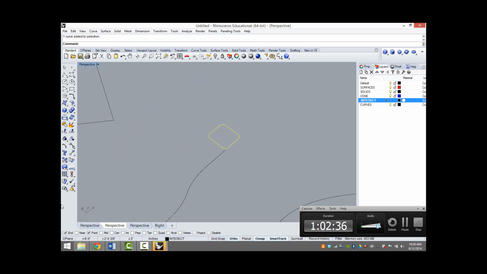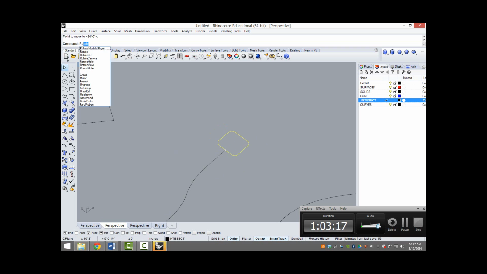It might be that you have different snaps selected than I do. Right now I have end and point selected right down here. And do you have this menu at the bottom? Yeah, so that's where you can set your snaps. So I would suggest selecting maybe mid and end. And then you can connect the midpoint of your rectangle to the end of your line. Other questions? Okay,